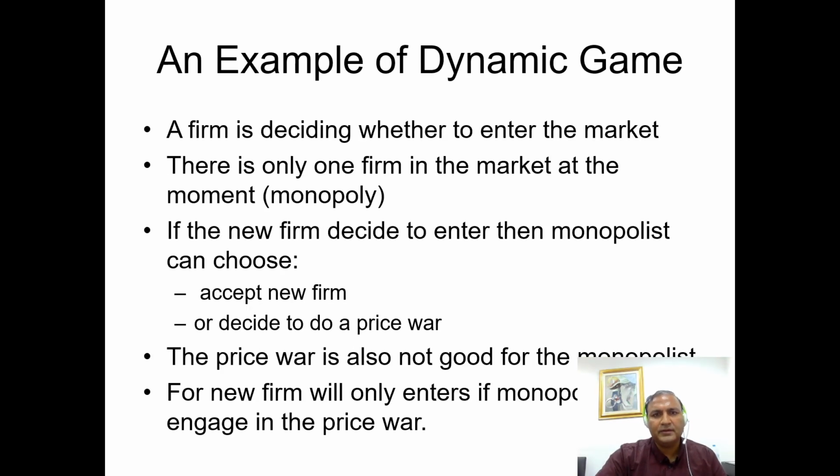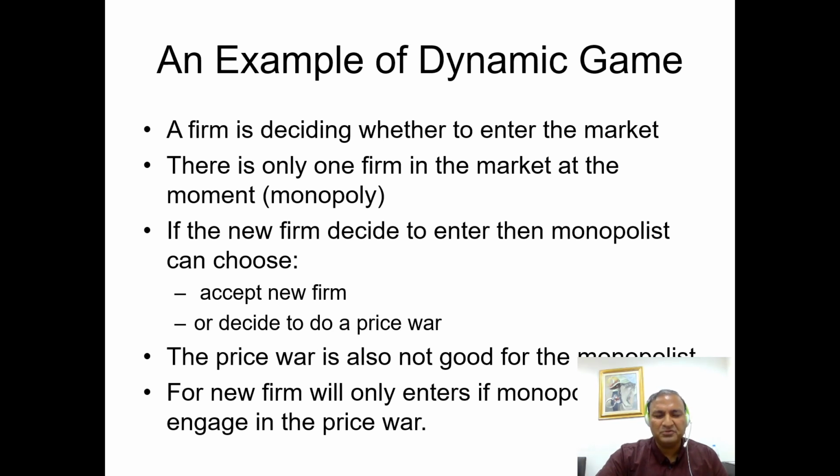We can explain the dynamic games with the help of a very simple example. Let us take the example of a firm who would like to enter into the market. There is already one firm in the market who is producing the goods. So basically, it is a monopoly situation. And if the new firm decides to enter into the market, then the existing firm or the monopolist can decide